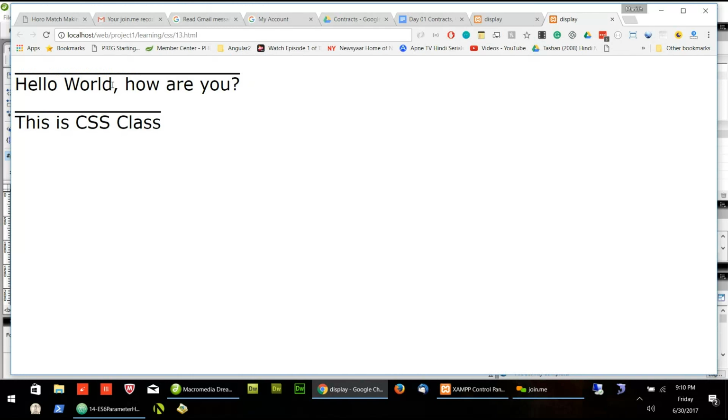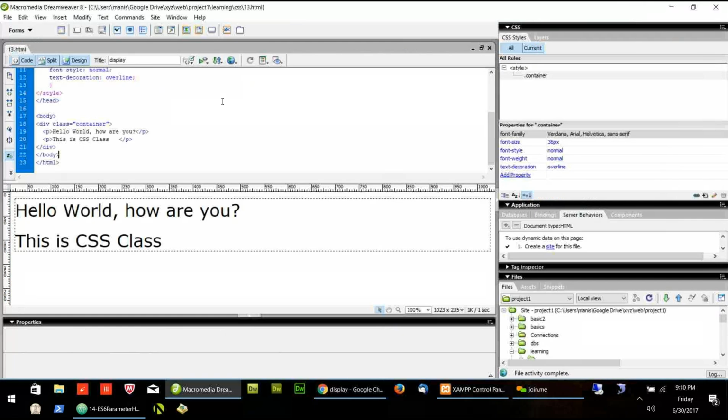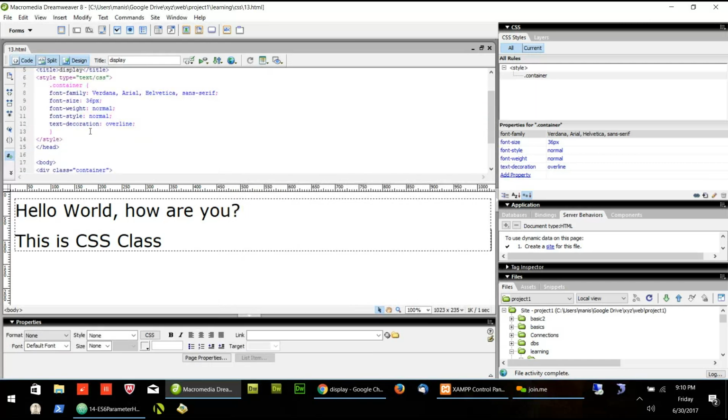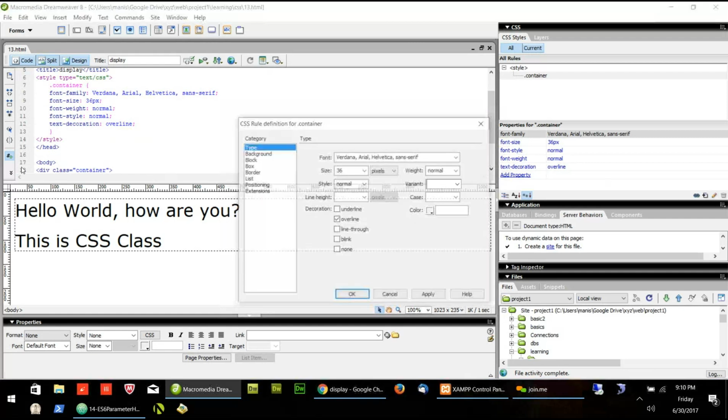So this is the overline, the line on the top. In Dreamweaver, you cannot see the overline here. And if you look at the CSS, it is called text decoration overline or text decoration underline. So we have the key called text decoration.